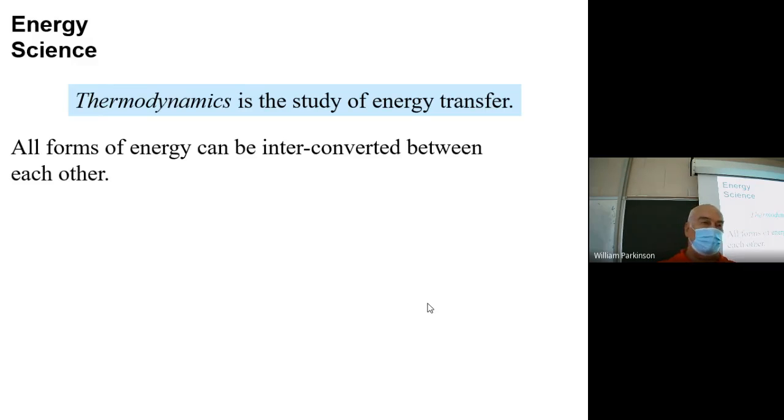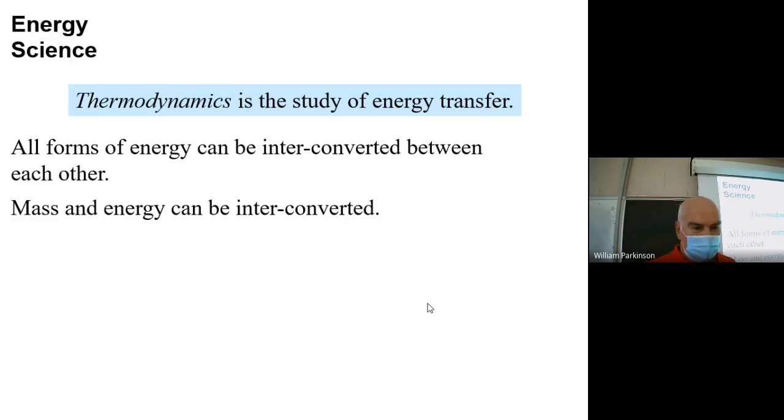Now you can take it even a step further. Energy and light radiate from the sun 93 million miles to the earth and get hit by a plant leaf, and the light energy gets converted into chemical bond energy to build the glucose molecules that are used to make the plant's stems and leaves and things of that sort. Then an animal comes along and chews the plant leaves and converts the chemical bond energy into mechanical energy. And on it goes. All these forms of energy are constantly interconverted between each other.